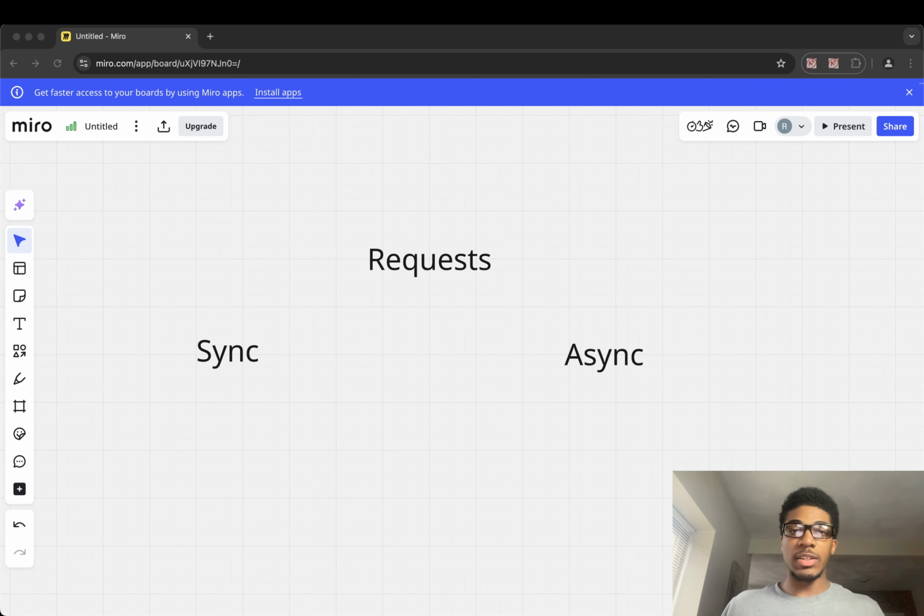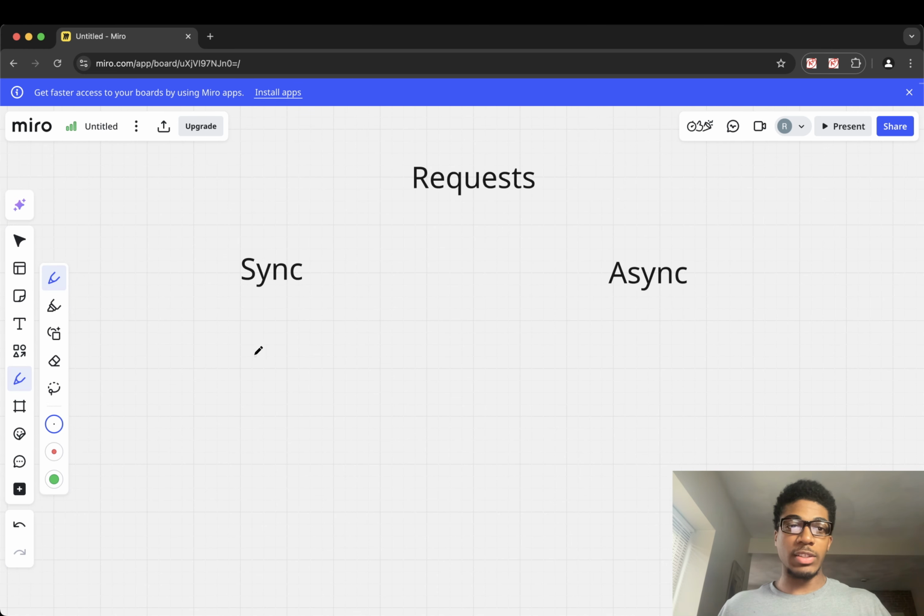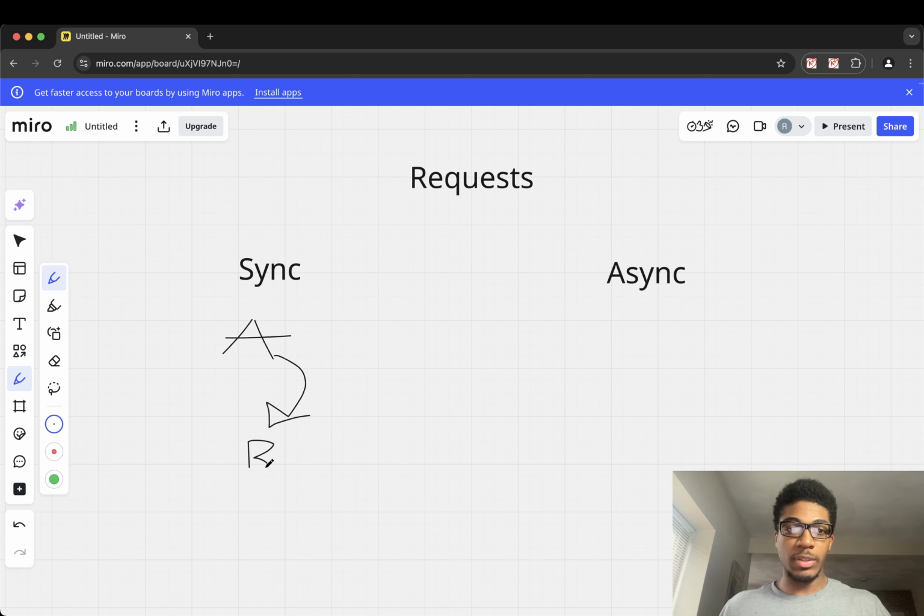Alright, for this all to make sense, we have to cover a few different topics. So in Python, when you're making requests, let's say you're making requests to some API, you're probably doing that synchronously if you're not sure what async is. Essentially what that means is if we're fetching, let's say 3 links, we're going to do link A, we're going to wait for this to finish, then we're going to get link B. We're going to wait for this to finish, then we're going to get link C, then we're going to return